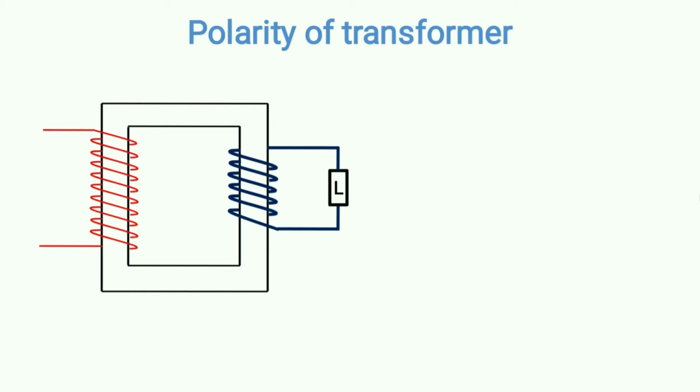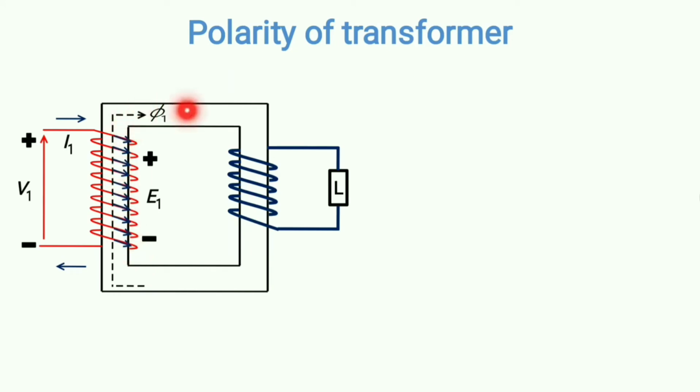So similarly here, if you apply the voltage, the current will flow like this, and this is the flux phi1 that will be generated by I1. Now the important part comes. See, this flux phi1 will again link with this winding, and again the mutually induced EMF E2 will try to develop a current which will oppose the cause, that means flux phi1, in this way.